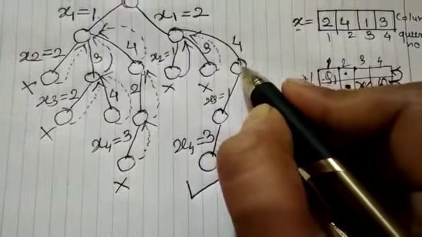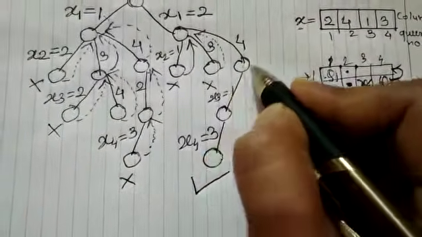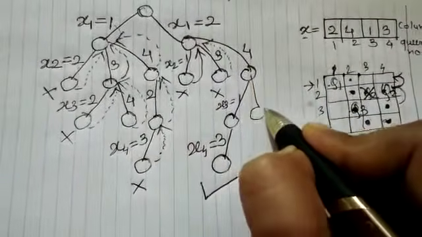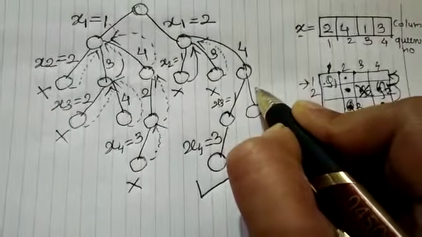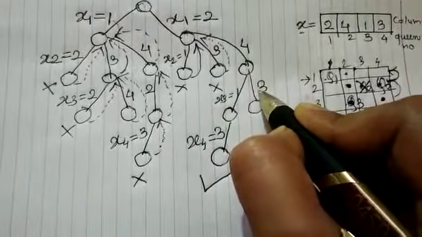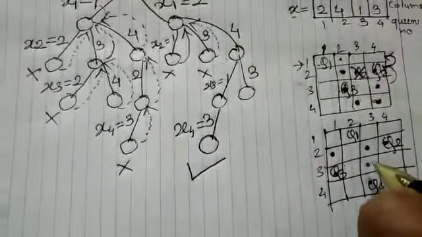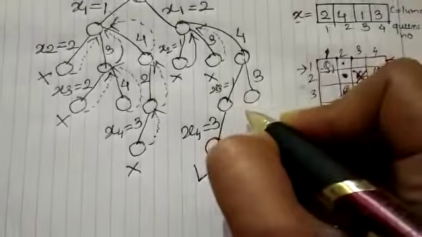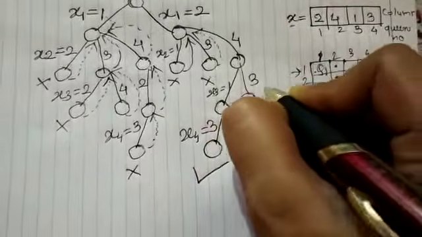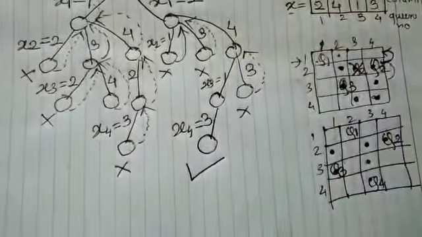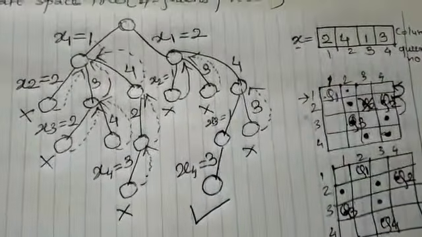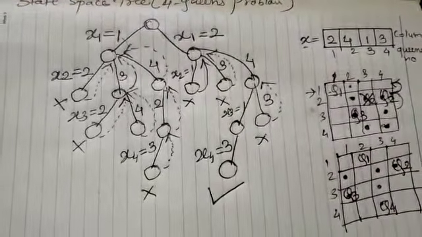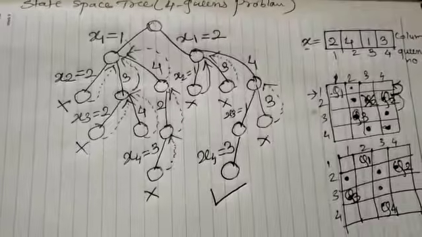Now if I am over here, rather than the first column, if I would have chosen, because second and fourth are already gone, I could have selected the next column as third. If I would have placed it at this particular position rather than the first column, then it will be under attack. So definitely this has to backtrack to the previous node. So here I have shown one solution for the 4 queens problem.